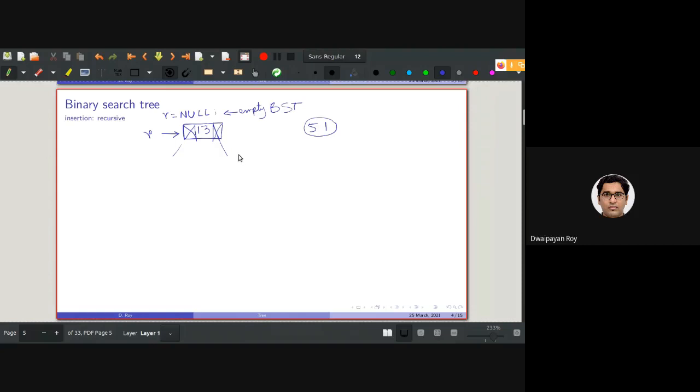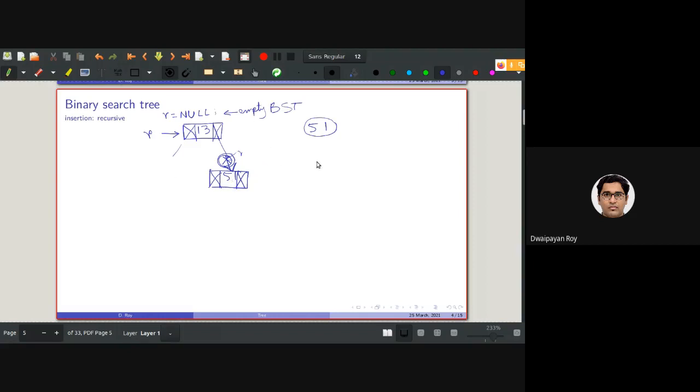So we need to change this root to kind of point to here. But as the right subtree is already null, basically what we'll be doing is creating 51 in the same way. We'll be setting left and right subtree by default to null, and we will be changing this null to point to this node.